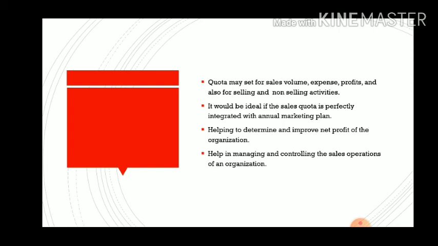So what happens is that when the company is specifying a target, a sales quota like this, the employee will get the motivation to work. The employee will be forced to work. So this is how the sales operation of an organization is getting noticed and is getting a kind of momentum. So if you do not have sales quota decisions, planning and management, the sales activity will get negatively affected. Sales activity will not gain any momentum. Sales activity will not get any movement in the market, so that your company will gradually come down.